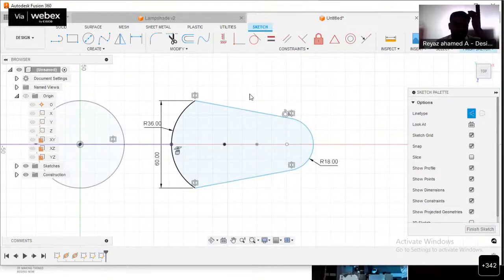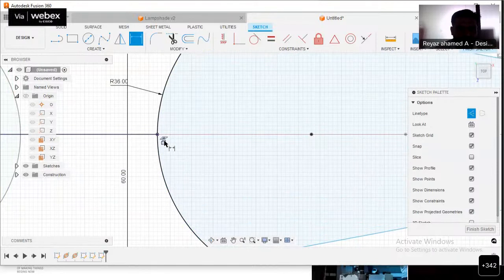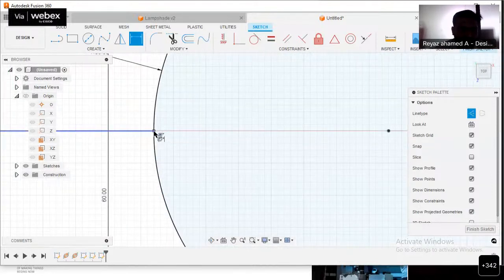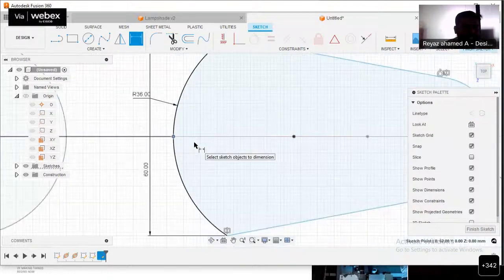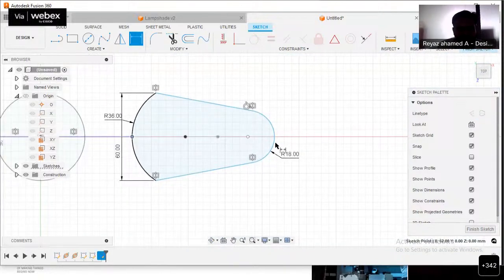So just zoom it and then select it actually. So just click on dimension, just move your cursor towards and then pick a point over here. Just pick a point. Don't select this curve. So just select this point actually. See the point, it may get selected. And then you just select this arc.